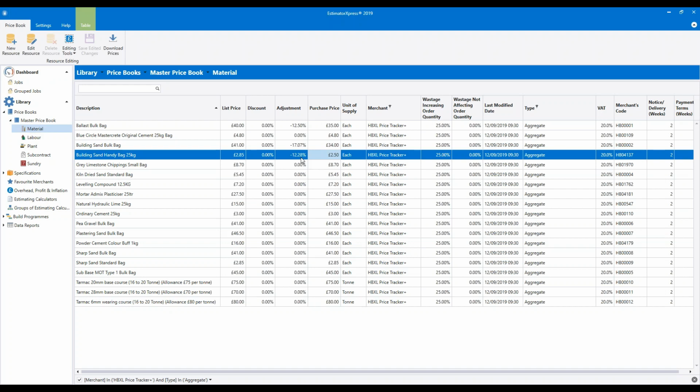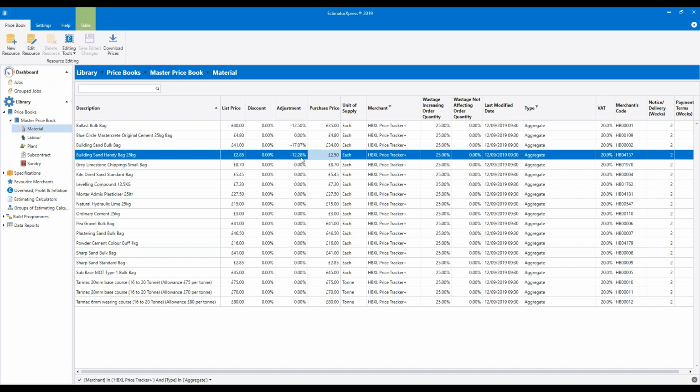So, of course, for the purposes of training here, we are looking at the HPXL Price Tracker Plus products, and of course you can apply the principles above to edit materials from other suppliers. So, for example, we sometimes find that our customers will use one merchant for the majority of their products. So perhaps they use Travis Perkins for the bulk of their products, but they then buy their aggregate products from the local quarry.